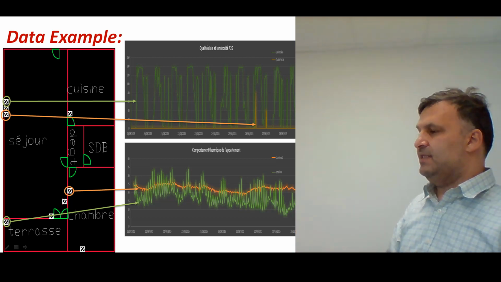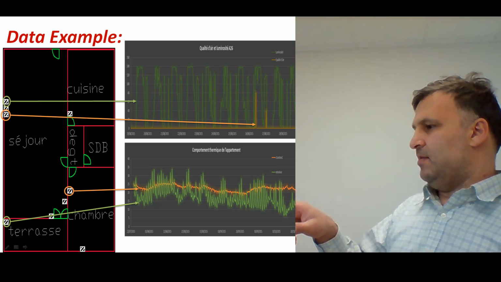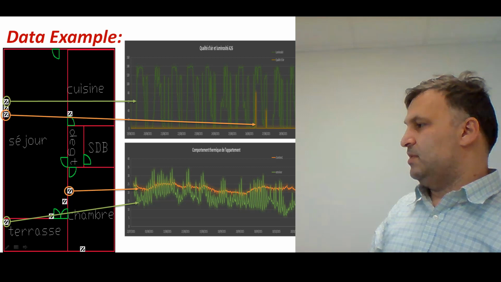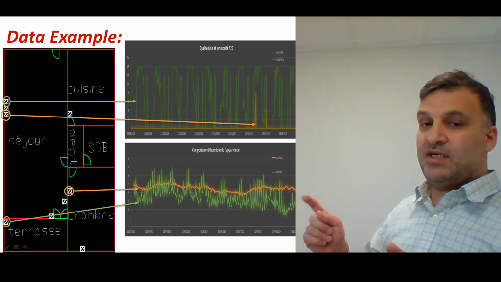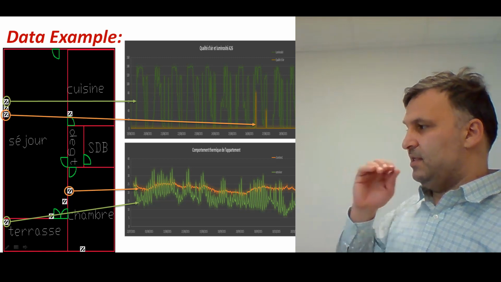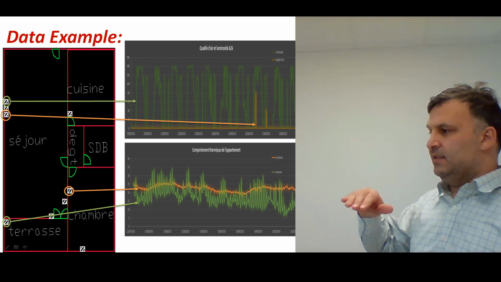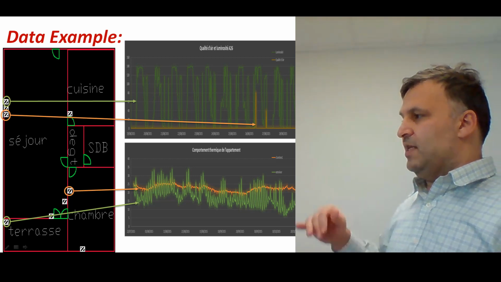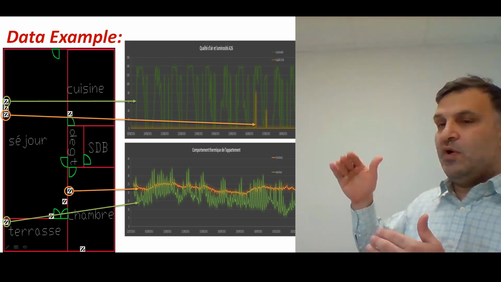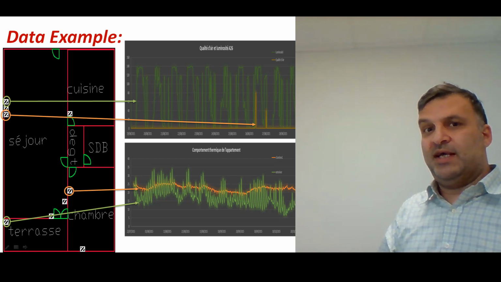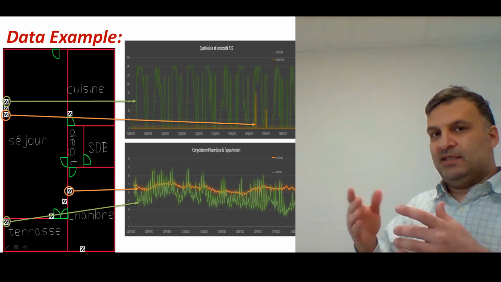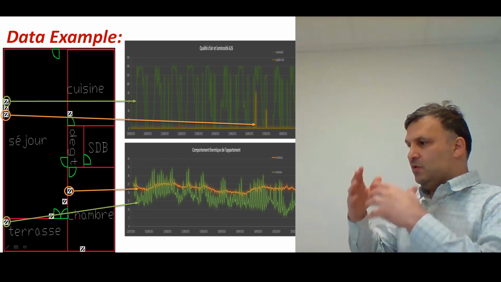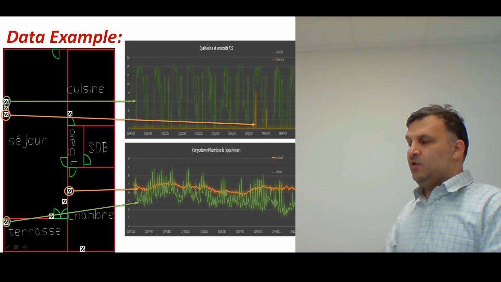Here are some examples at the bottom, the readings of the sensor that we installed outside and the internal and external temperature. To compare the internal temperature with the external temperature, we can see that the internal temperature is related to the mean of the external temperature, the air quality and luminosity. So from luminosity we can detect the presence of people, and we can match between these two parameters, etc. We can combine a lot of parameters,